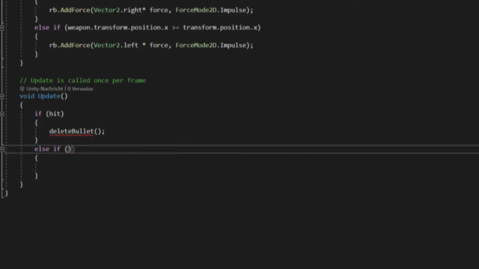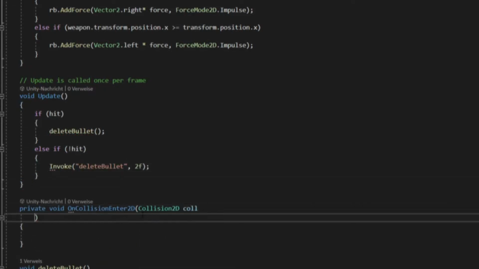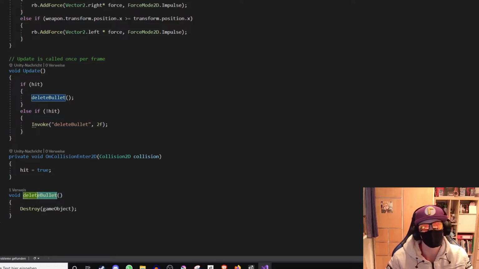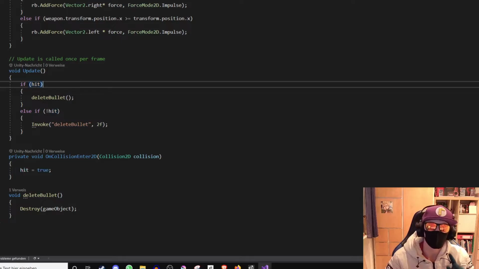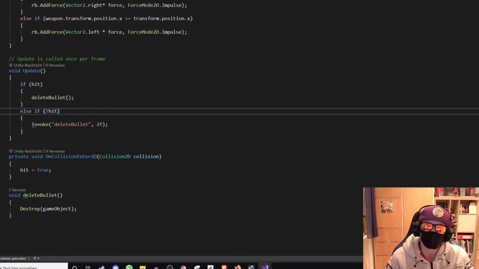Okay, almost done. Now only the despawning of the projectile is left. For this we create the following two functions. DeleteBullet simply deletes the projectile, and OnCollisionEnter2D is triggered when the projectile makes contact with a collider, which then turns the bool hit to true. In the Update function we check the state of hit. If it is true, the bullet should be deleted immediately, and if hit is false, the bullet should disappear automatically